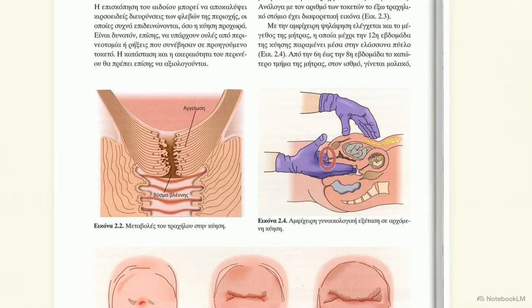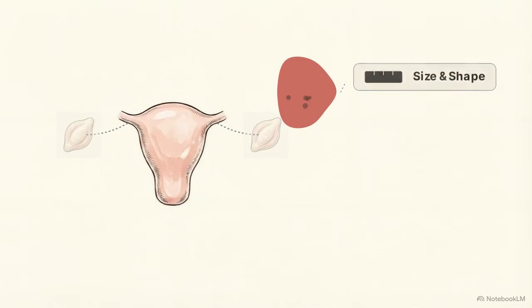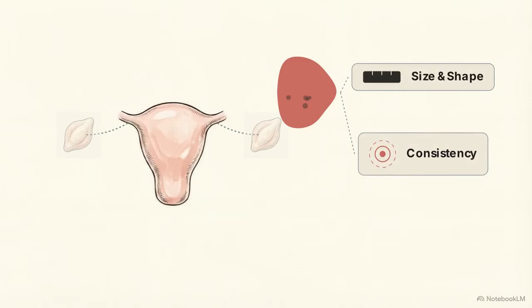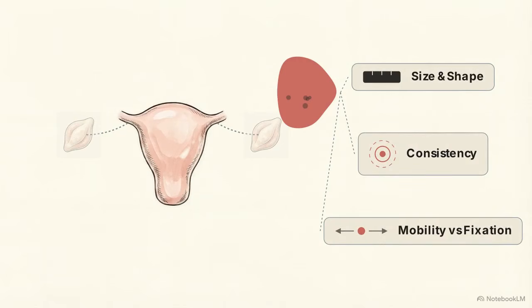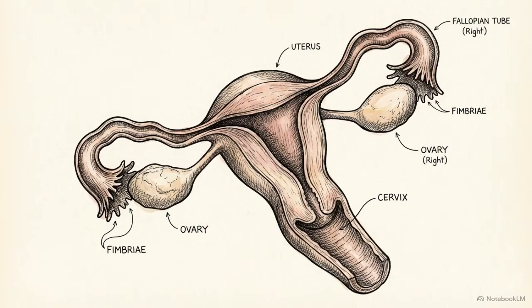The clinician simultaneously assesses the cervix for dilation and excitation pain. The hands then shift laterally to palpate the adnexa. In a healthy patient, the fallopian tubes and ovaries are typically not palpable unless the individual is exceptionally thin. If an adnexal mass is identified, it is categorized by size, consistency, and whether it is fixed to or mobile within the surrounding tissues. The bimanual exam creates a 3-dimensional structural map of the internal anatomy, completing the physical diagnostic